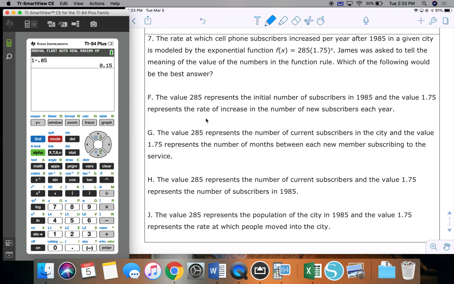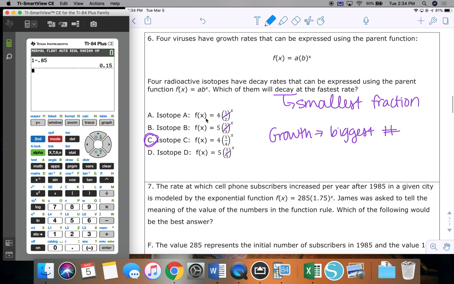Problem 7, the rate at which cell phone subscribers increased per year after 1985 in a given city is modeled by the exponential function 285 times 1.75 raised to the x. James was asked to tell the meaning of the value of the numbers in the function rule. Which of the following would be the best answer? So F, the value 285 represents the initial number. That's true. It represents a start. And 1.75 is the rate of increase on new subscribers. That seems pretty good. We're talking about